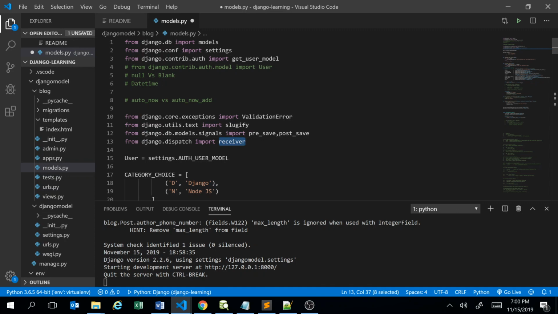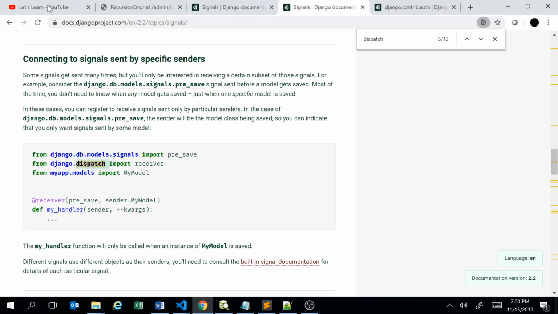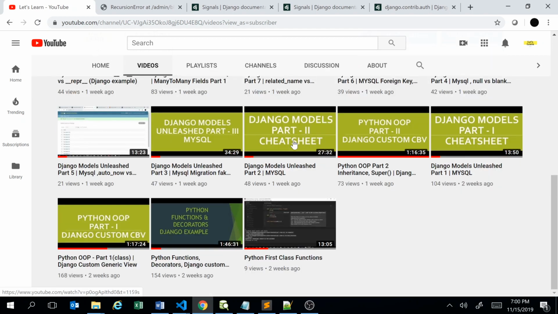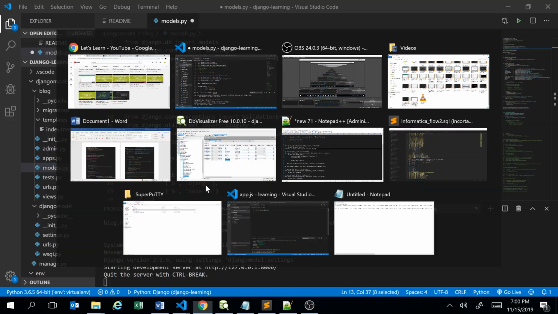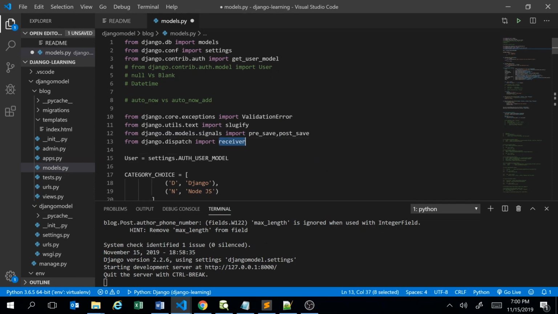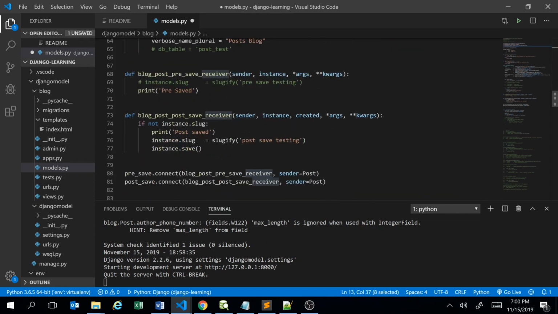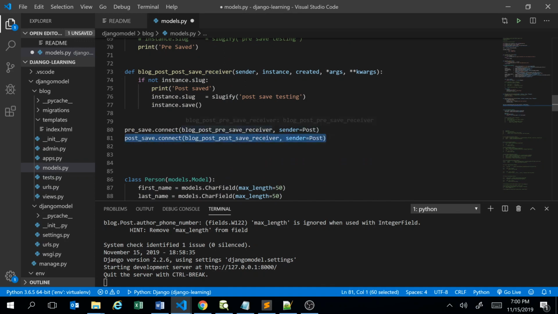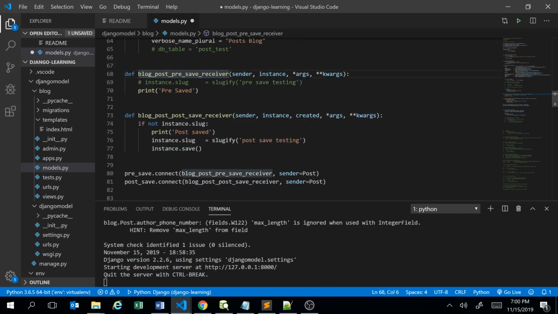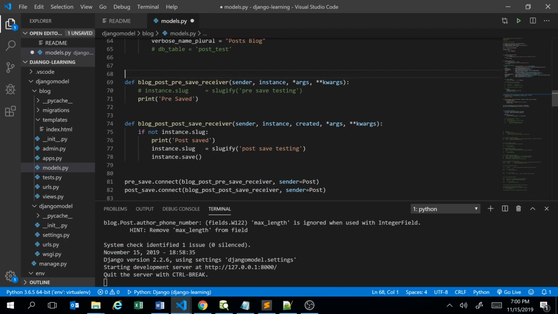If you're not familiar with the concept, I would suggest to take a look on this decorator, Python functions decorator. So basically, we are going to use the decorator instead of having this command. So I can simply call a signal like a decorator concept using receiver,